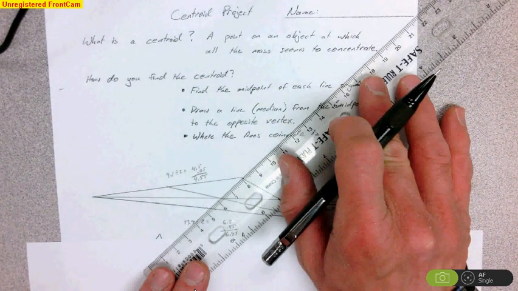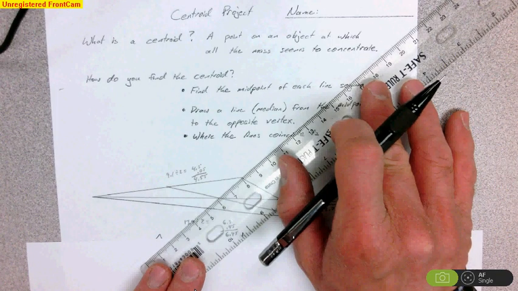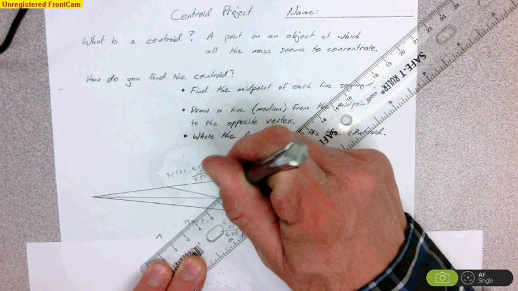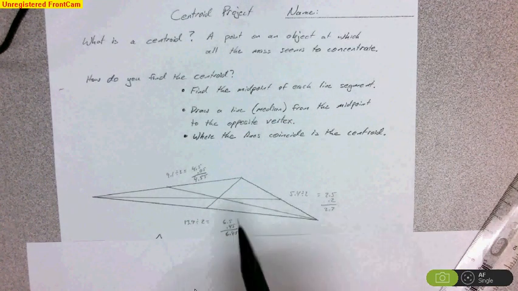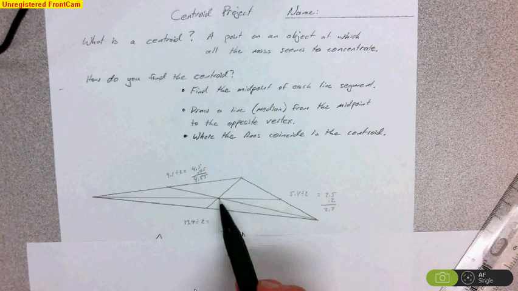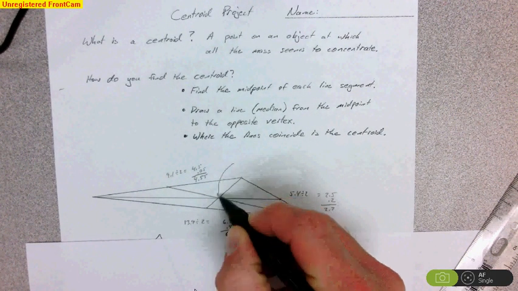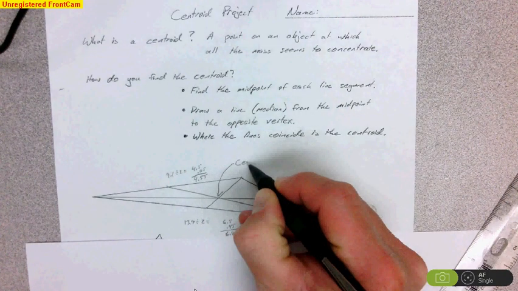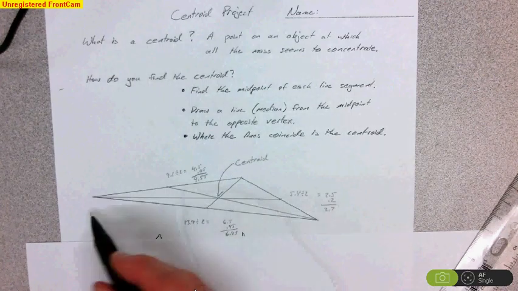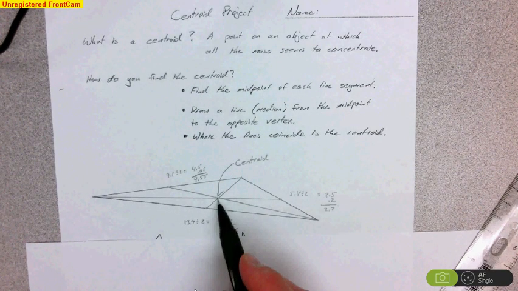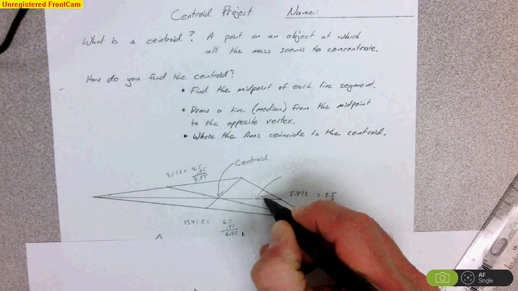vertex. When I draw this line, what I'll end up seeing is that all the lines end up coinciding at one point. You can see how all those medians coincide at this point, and this point we call the centroid. It's where, if we were to cut this out, we could balance this triangle right at that point. These lines right here are called the medians,